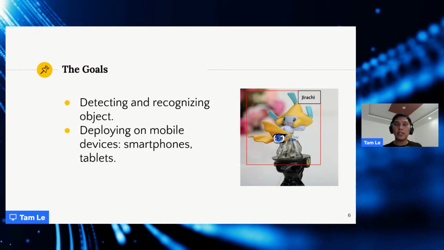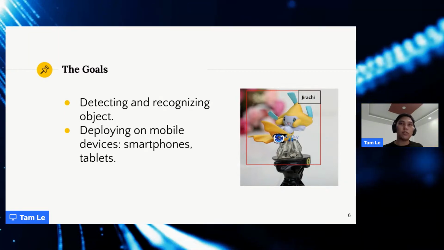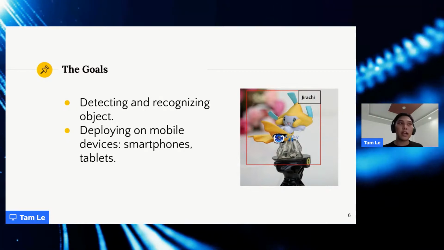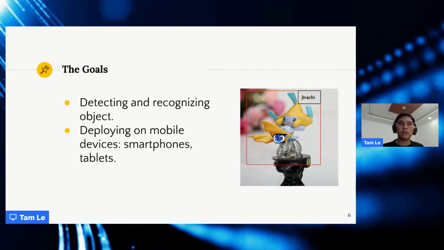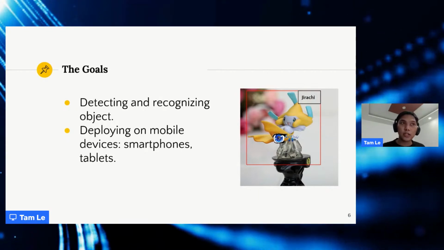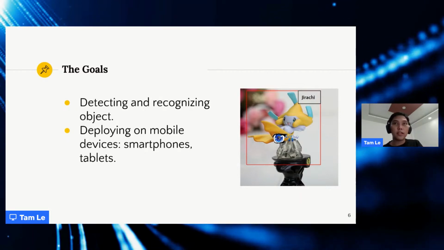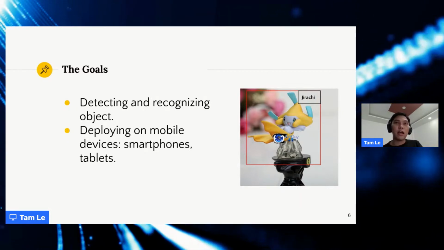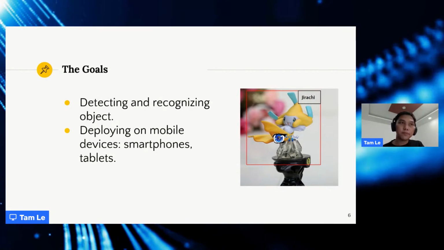Detect here means you can detect whether or not the object exists on the image, for example, and recognize means, for example, you have different types of objects and you want to perform classification of which type of object it is. For example, on the image on the right, you can detect this kind of Pokemon and classify which Pokemon it is.